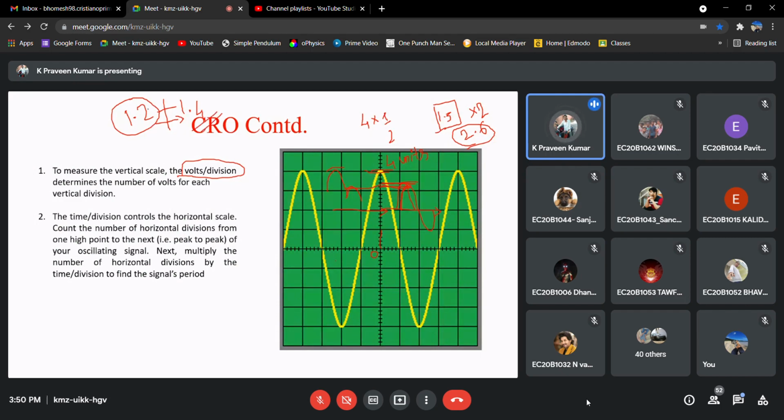We are not sure what the exact value above 1.2 is; maybe 1.22, 1.23, an infinite number of values I can assume. We should not take that kind of values. So what we need to take is 1.2. This is the major error that people make while noting down amplitudes or maybe time period also. If you are not sure enough, just take the lower one.